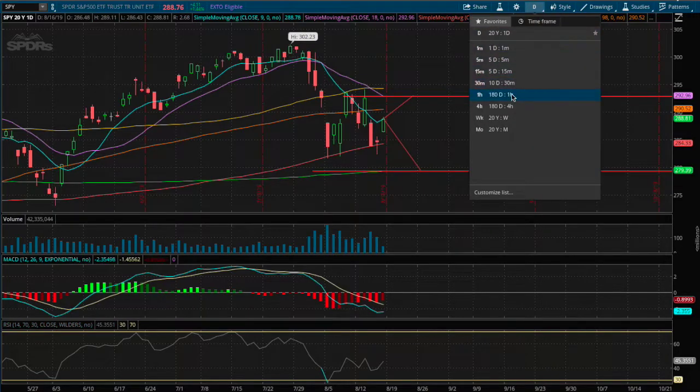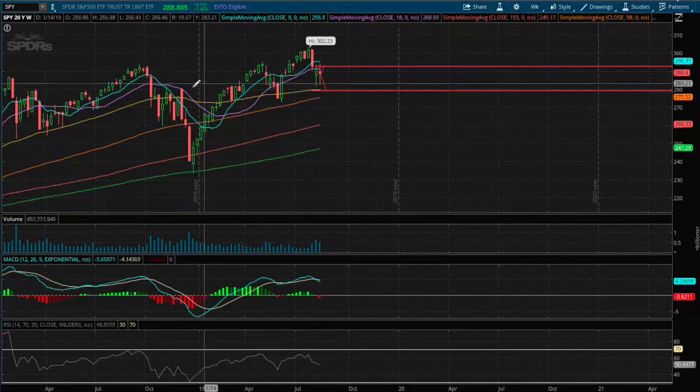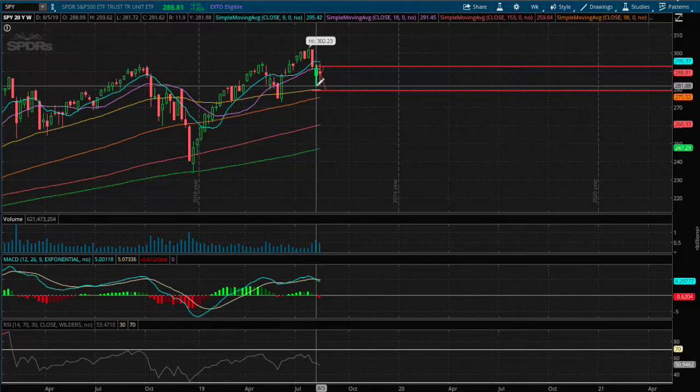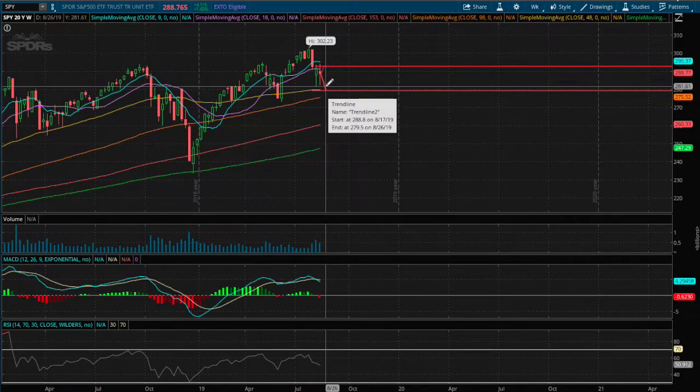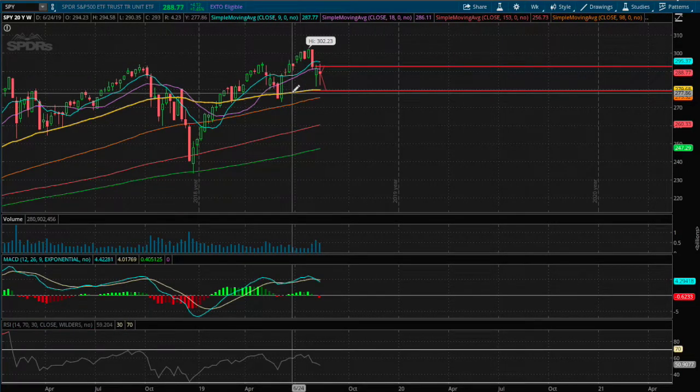So if we expand to the weekly chart, if we do manage to close this week in a hammer-shaped candle, that is another indication that this uptrend is still intact as well. So again, the 200-day moving average that I